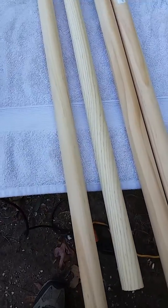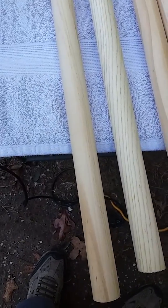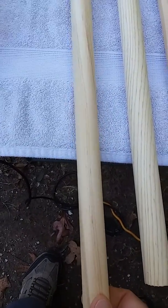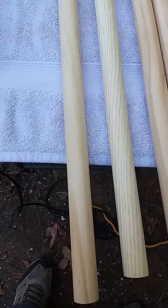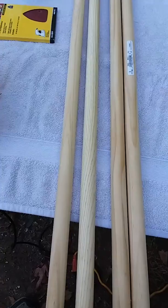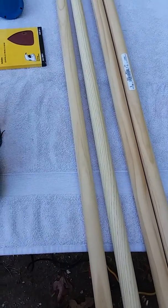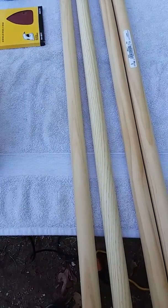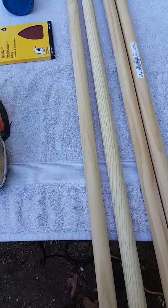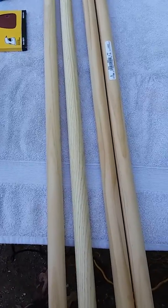So these are 1-inch dowels that I got here, and I'll show you how I pick them. Now, these are too small really to carve. I mean, you can carve a figure on them and use them as a walking stick. I've carved many just dowels and carved a character on top of it, and sold tons of those as walking sticks. The only thing about it is that these are only 4 foot long, and I usually would carve a handle under them or put a wrapped handle under them. So that puts, for a little bit taller person,